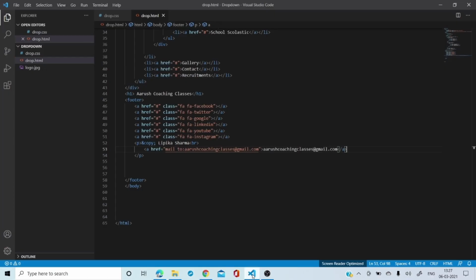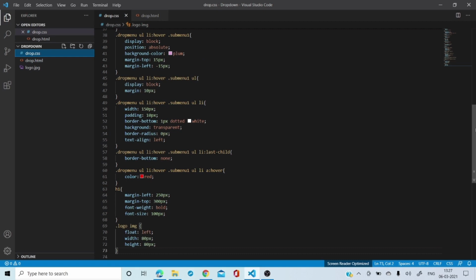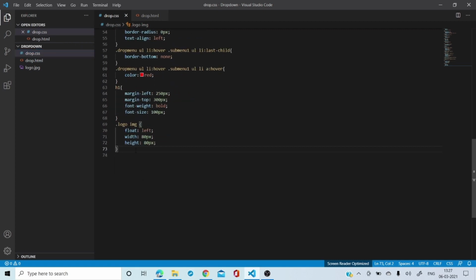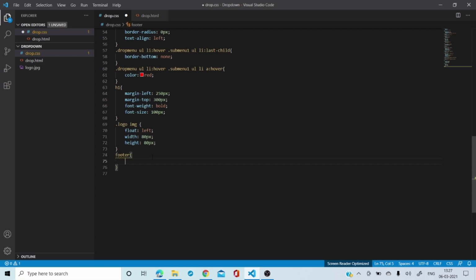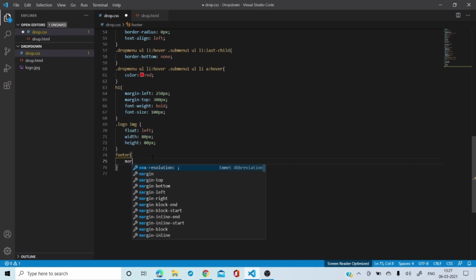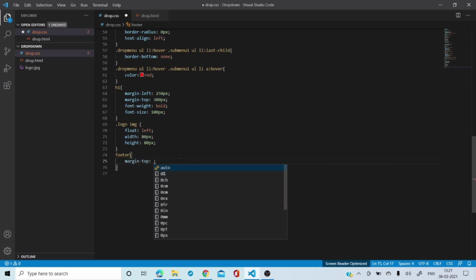Now the last step should be, I want to design the footer. So let me go here and let's design the footer this time. So I'm going to write footer, curly bracket on, and what is the next thing I'm going to write? I'm going to write margin top, how much it is. Maybe I will say 215 pixels. Okay, after this I'm going to take text align, and this should be at the center.